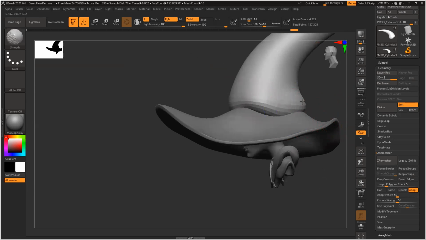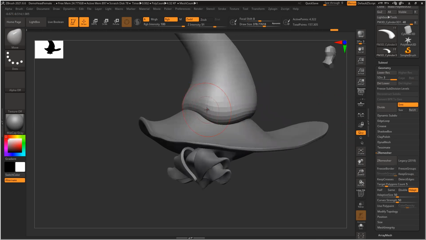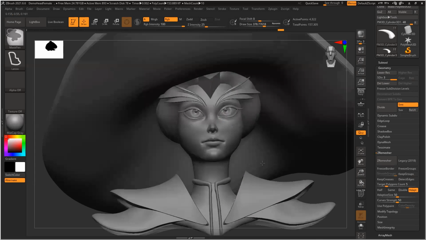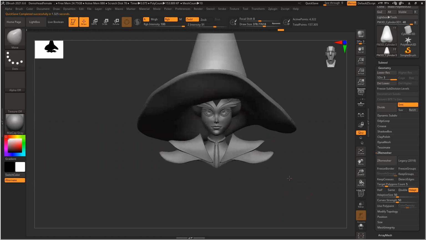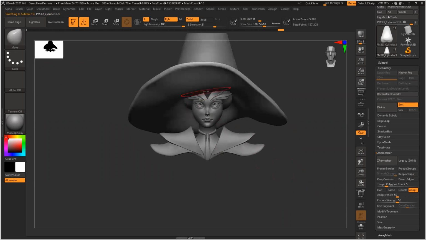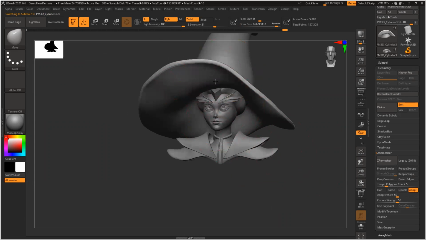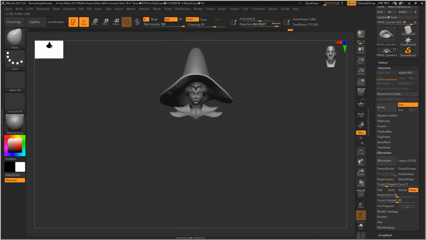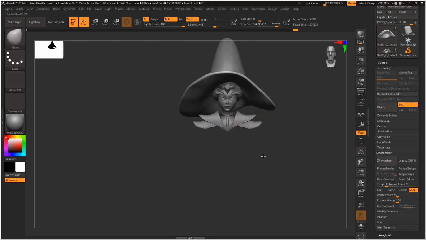The symmetry. Just trying to match the shape.